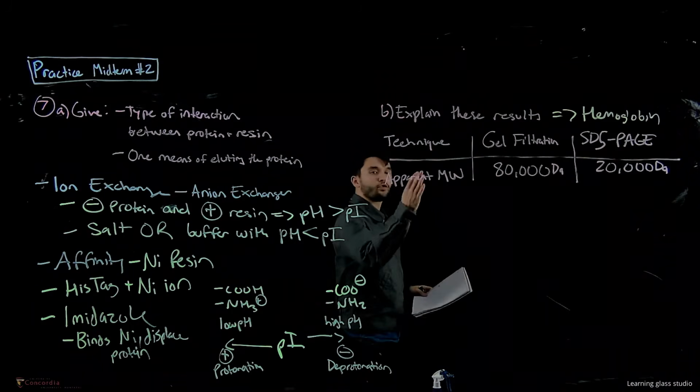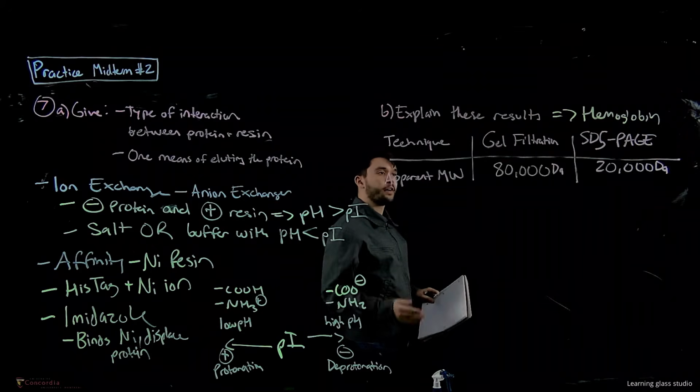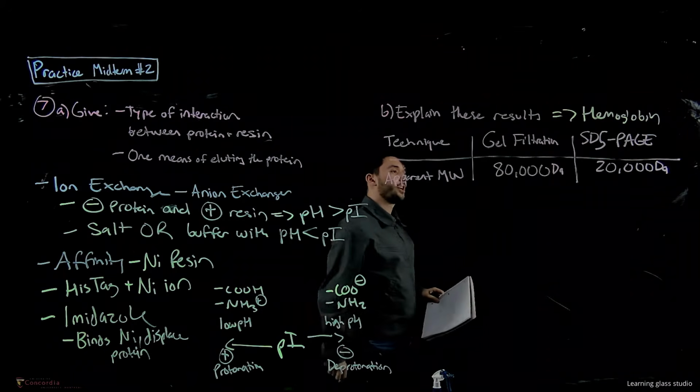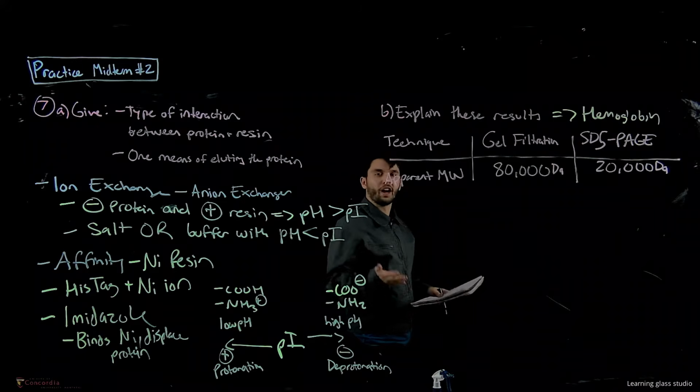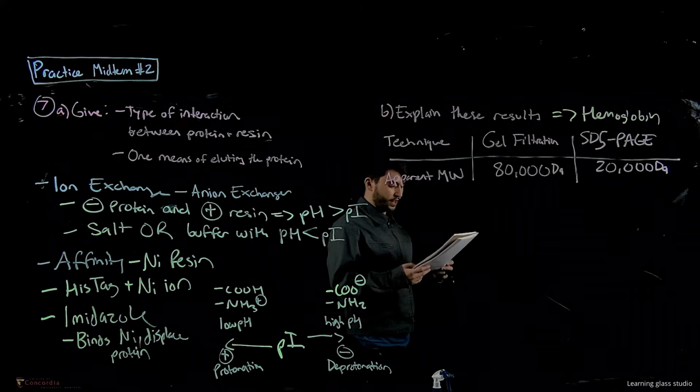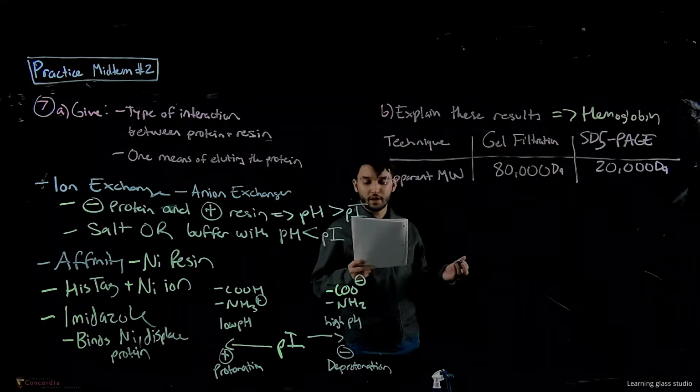Right? So with gel filtration, we observe a molecular weight of 80,000 Daltons, and with SDS-PAGE, 20,000 Daltons. So why do we see different molecular weights for the same protein? Well, it's important to note